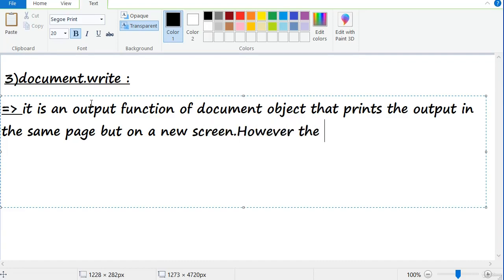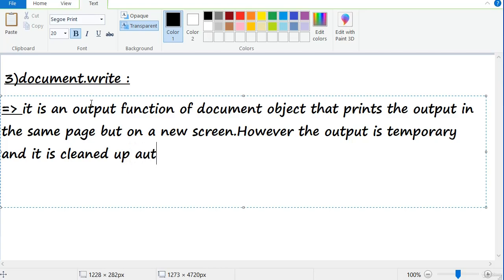However, the output is temporary and it is cleaned up automatically when you reload the page.